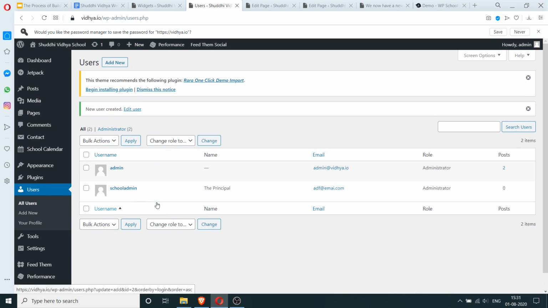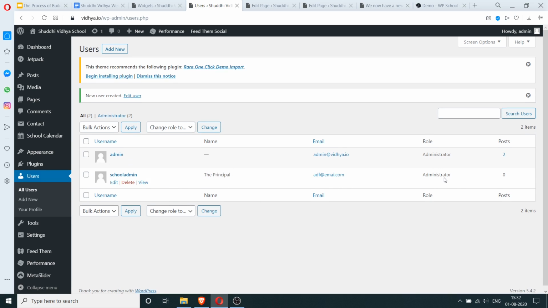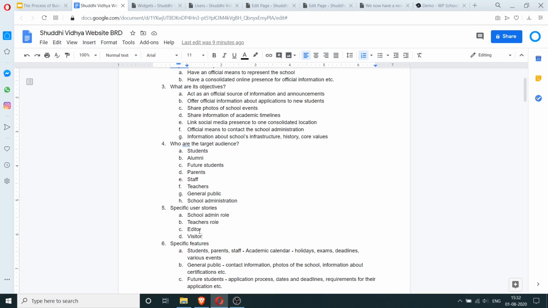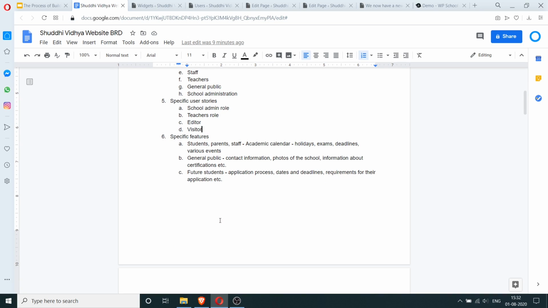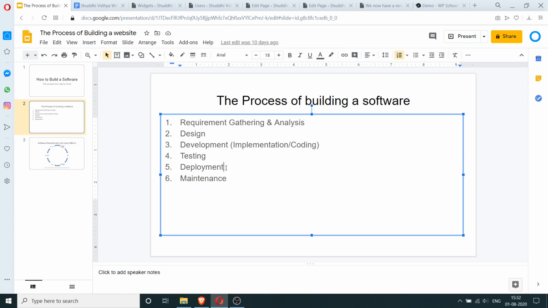Like this, we can create several roles, and when we give them their actual email ID, they will get an email notification asking them to sign up on this site, and they'll be able to access all of this stuff depending on their role. So this person is administrator. They'll be able to do everything that we are able to do. But we can also create different roles for these people as well, editors, teachers, and stuff. So that would give them what they need. So that's one thing that I would do before deployment. And maintenance, of course, once the school administration starts using the website, they'll have some requests to change things. That would what maintenance would be.